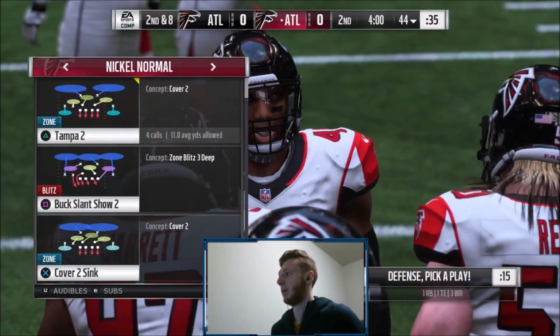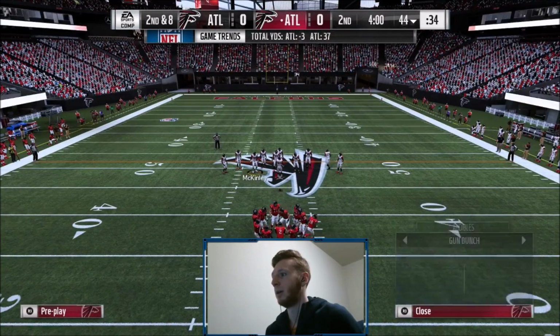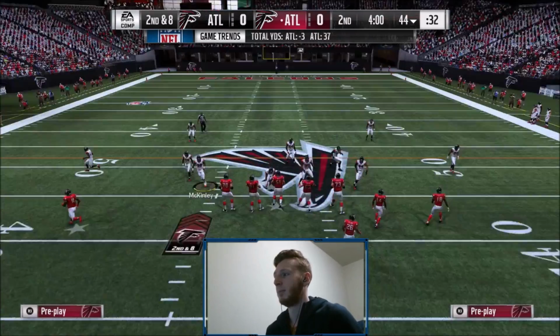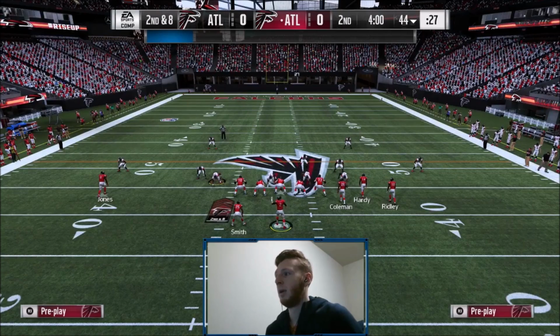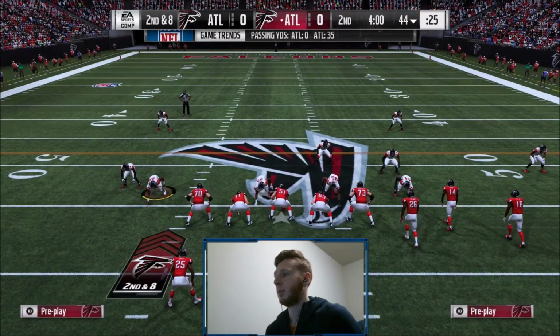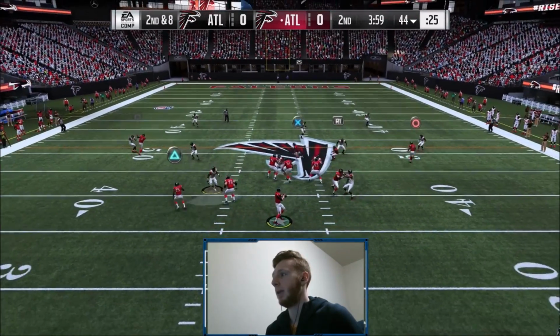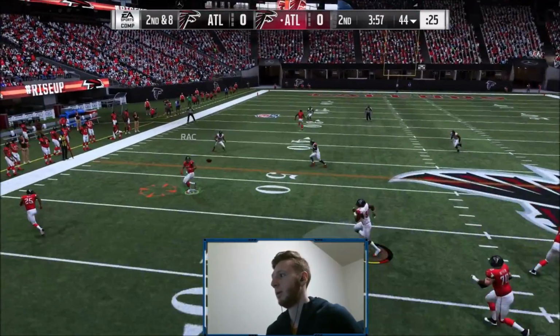And now you'll have the H-back and tight end with only one click, just like with the trips tight end. You can see we have Coleman there, and still plenty of time to hot route, so it's really good. And then I'm going to show you guys one more